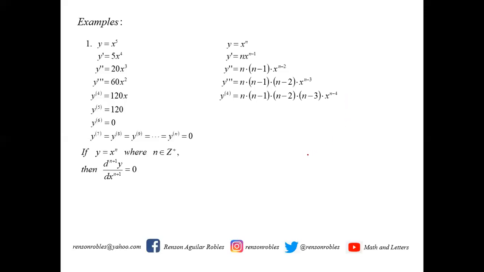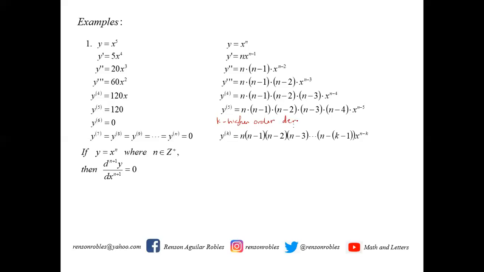Then following the pattern, you have the fifth derivative, n times n minus 1 times n minus 2 times n minus 3 times n minus 4, x raised to n minus 5. And moving on, we have the sixth derivative, the seventh derivative, until we reach the kth derivative, where k is the order. If we let k be the order, the higher order derivative, okay, one more. If we let k be the higher order derivative,